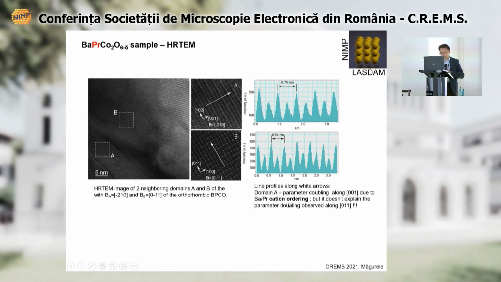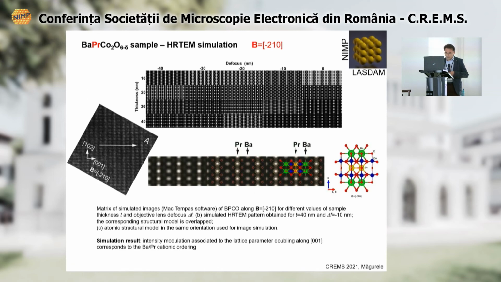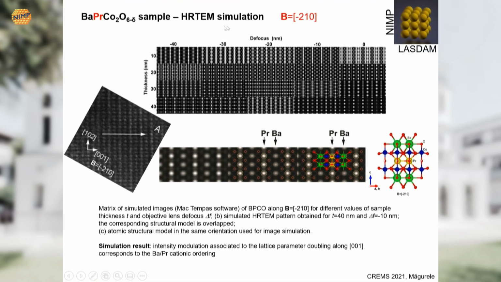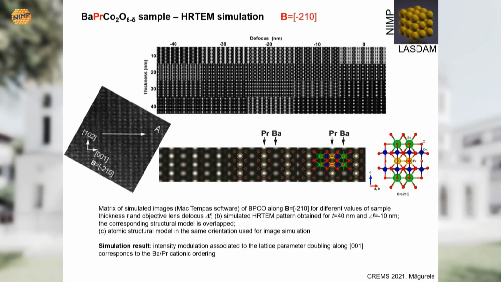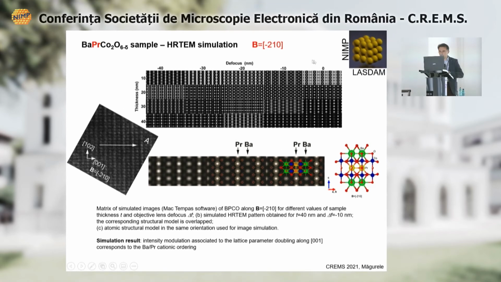lattice parameter, which we try to explain by performing, this time, HRTEM image simulation. So we performed image simulation for the two orientations, -210 and 0-11, which we also had in the electron diffraction. What you see here is a matrix of simulated images. We used the MacTempas software on the orthorhombic structure of BPCO along the -210 direction for different values of the sample thickness and objective lens defocus. So we have the thickness growing this way and the underfocus